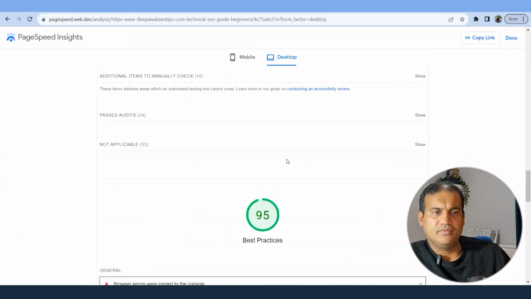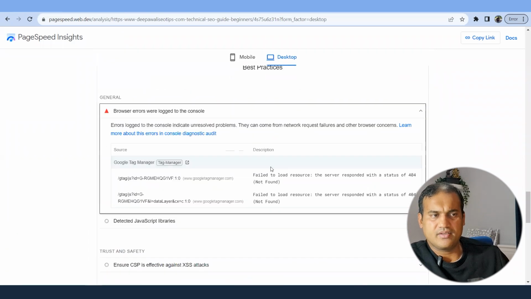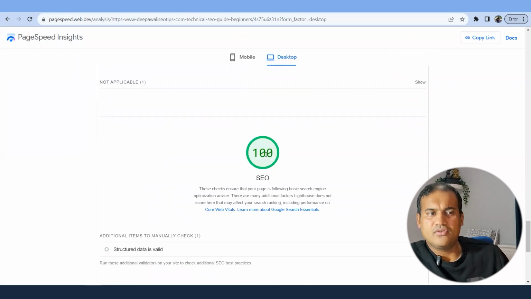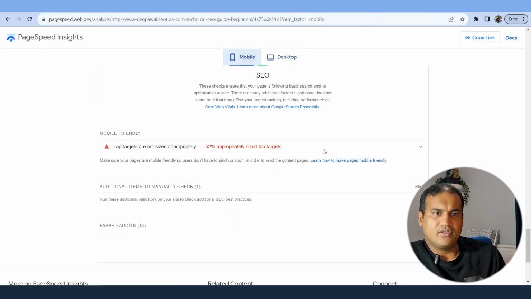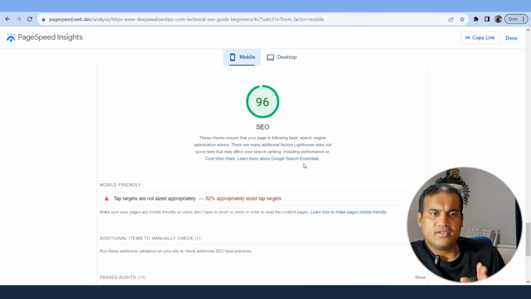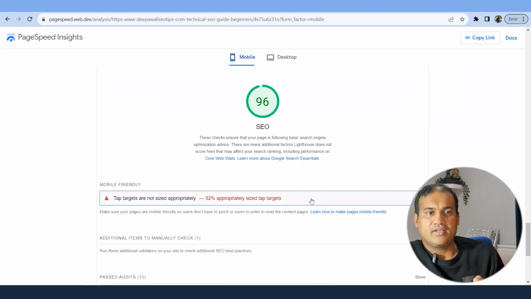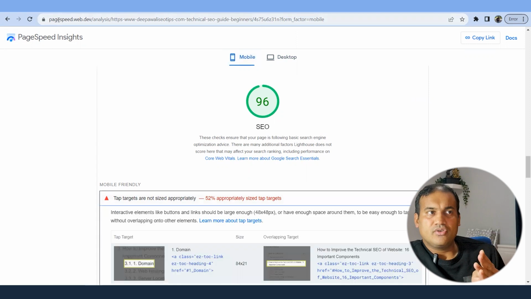Accessibility wise, it is good. Best practices, it is following it. And SEO wise, it is 100%. So as I mentioned, from an SEO perspective, this is all looking good from a desktop perspective. In the mobile version, SEO wise, it is saying 96%. So I know it might impact my SEO. So you need to make sure you can use this